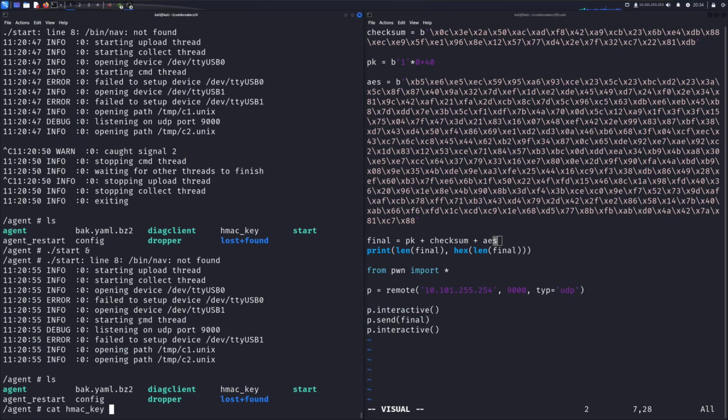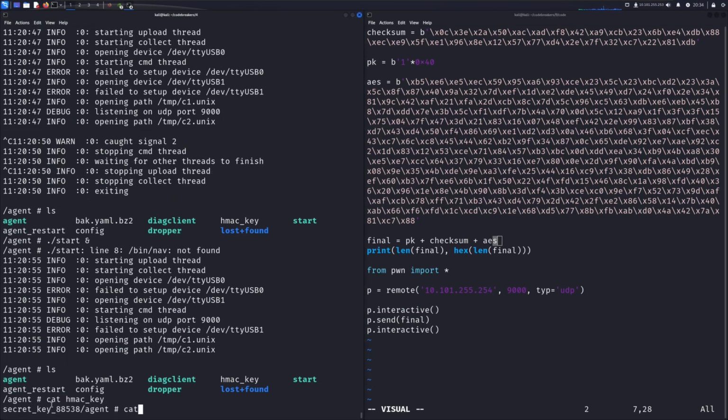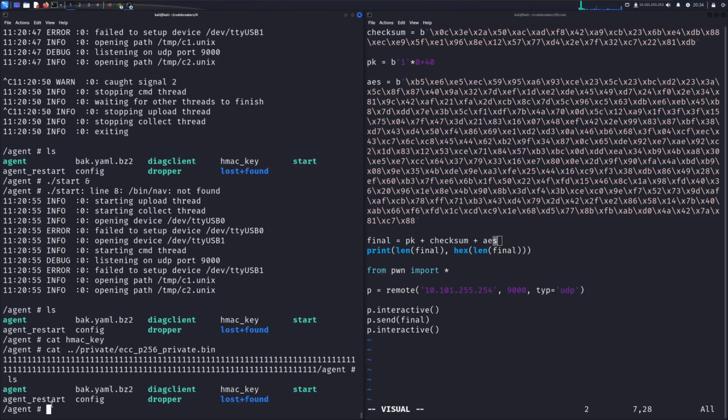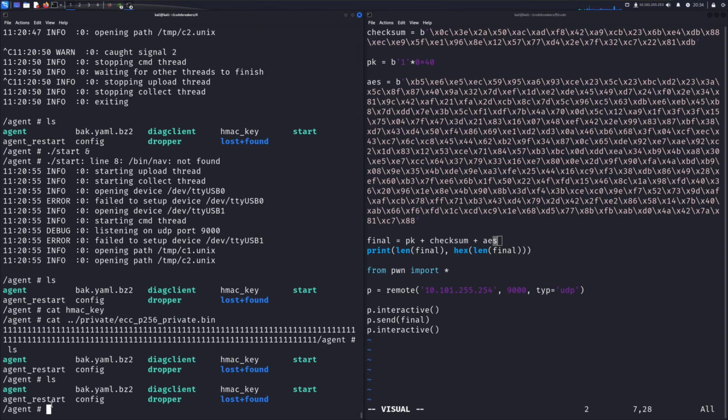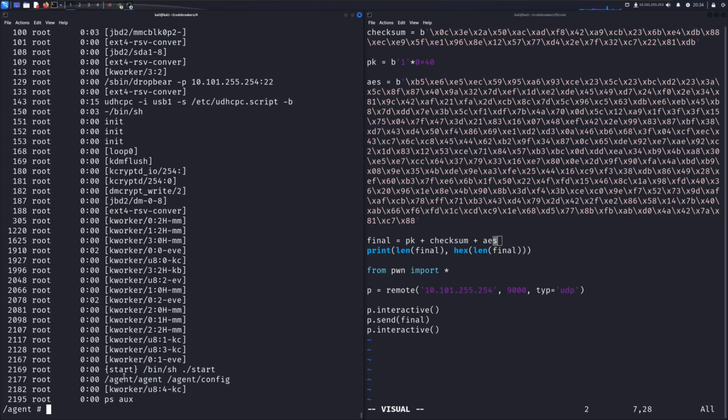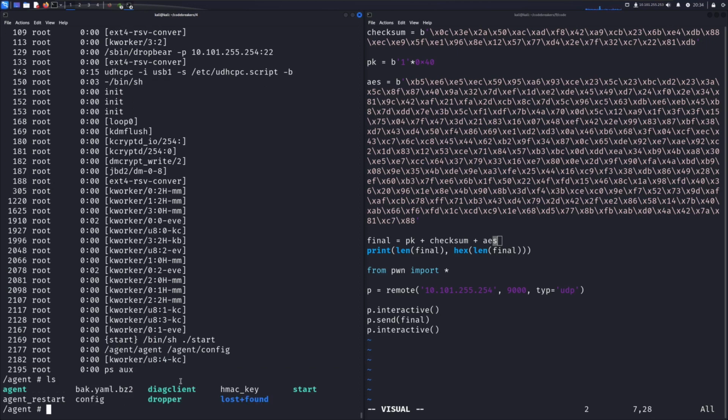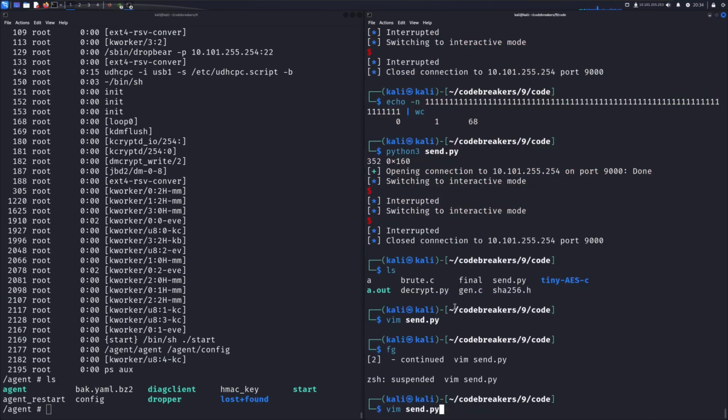So if we check set HMAC key to the secret, private key currently is set to all ones, just to make it easy on myself. I tried setting it to the public key, whatever, but I gave up before I figured out what I was doing wrong. I already had ones halfway written, so I'm not going to go back. If we check PSOX, it should be running agent with our start, so if agent dies, start restarts it. So if we send our command,